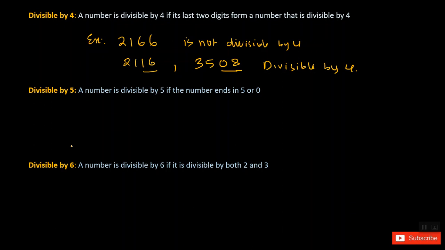This is the simplest one. A number is divisible by 5 if the number is ending with either 0 or 5. So I can say any number ending with 0 or 5 is always divisible by 5. If I write an example, 125, as the number is ending with 5, or 1330, a number ending with 0. Any number which is ending with 0 or 5 is divisible by 5, right?